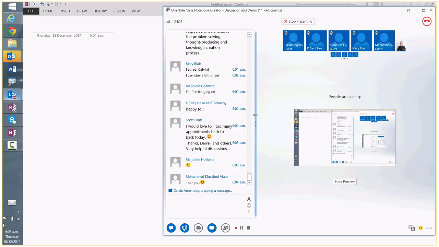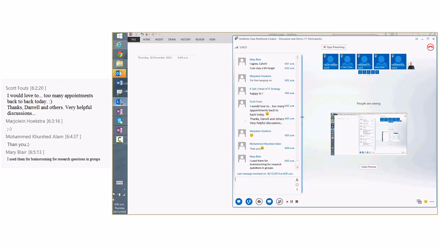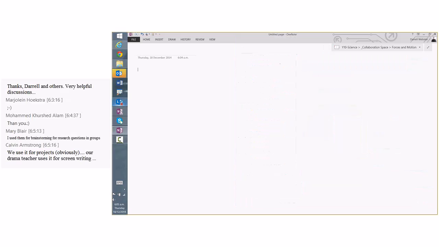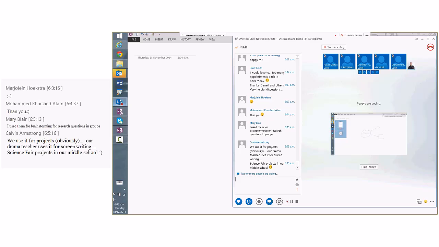There might have been a few comments further back that Cal and some others have made about this. Brainstorming, definitely. You know, I'm not great with mind mapping, but certainly you can start off with a topic and then branch it out to other things, and work your way through processes and how things happen. We use it for projects, yeah, definitely. Drama teacher